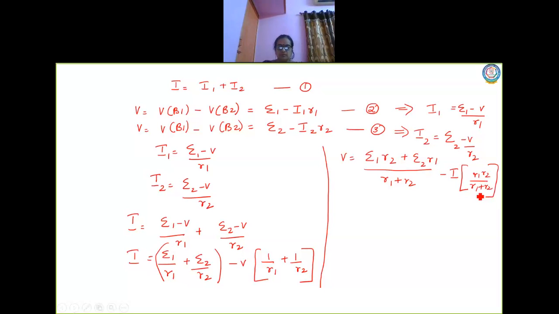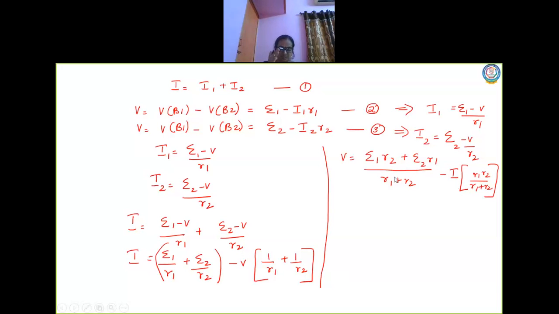This formula you know. Now here take the LCM. So you have R1 R2 in the denominator. Numerator I have R2 plus R1, which is minus V into I have R1 R2 by R1 plus R2. Now this I'm taking exactly to the other side. I will come in this place. So I have I, and you have R1 R2 by R1 plus R2. Now this you cross multiply, and this R1 and R2 will come here also, which comes as R1 plus R2.